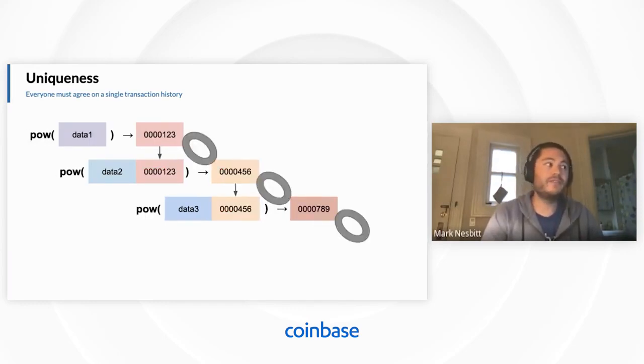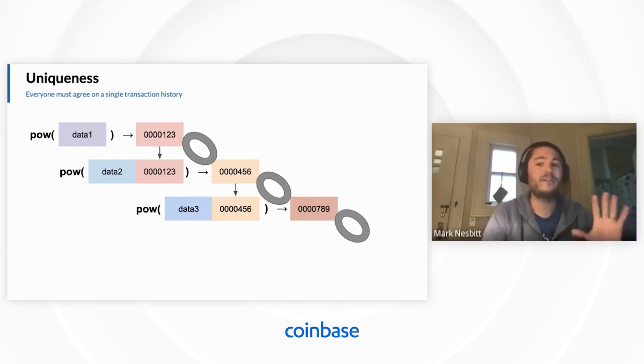So we combine these two concepts into proof of work, and proof of work here, POW, is our hash function, but you have to do it many times. If you do data 1 with some wildcard and you get these 4 leading zeros, then you clearly tried a large number of wildcards. And you can put this output that proves that you worked hard on the first iteration into the second one. And you have to iterate again with a different wildcard.